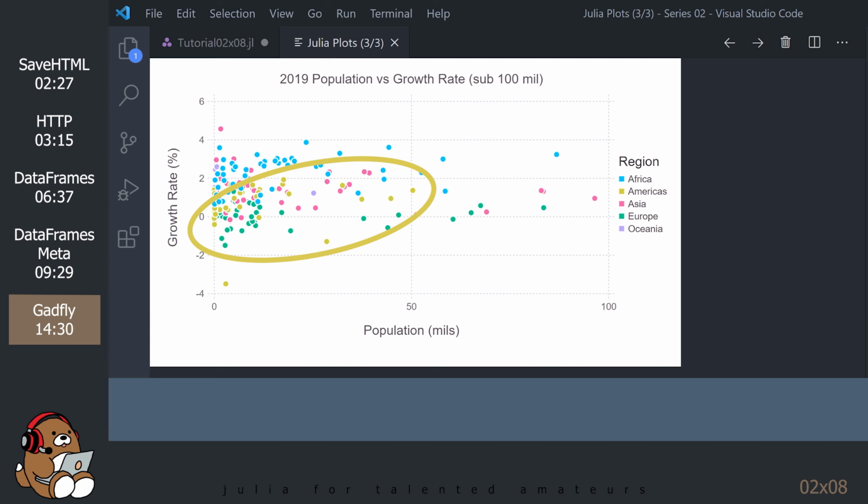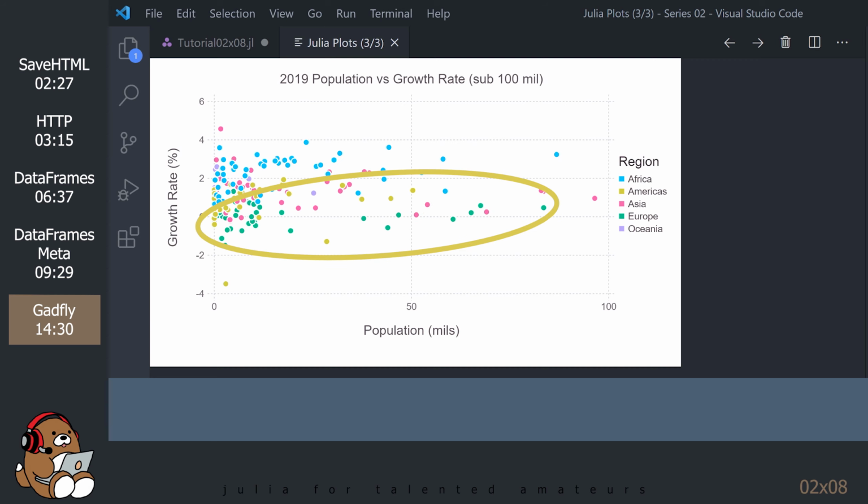The Americas region looks like a mixed bag, but in general looks like slow growth. The Europe region looks like slow growth with several countries showing declining populations. Unfortunately, it looks like some of the smaller European countries are getting even smaller. Finally, the Oceania region is so small, it's difficult to make out those countries in this plot, but in general, it looks like the countries in this region are growing.